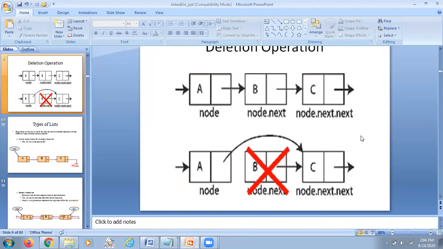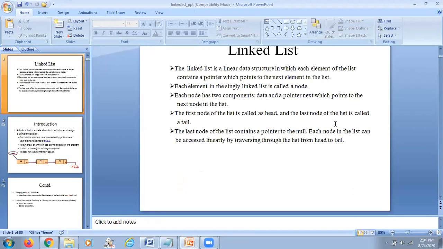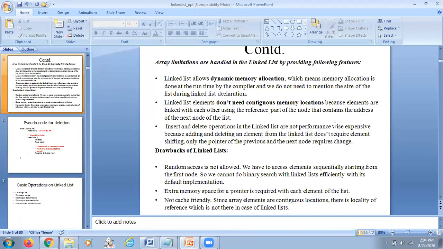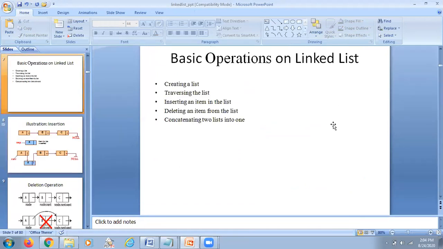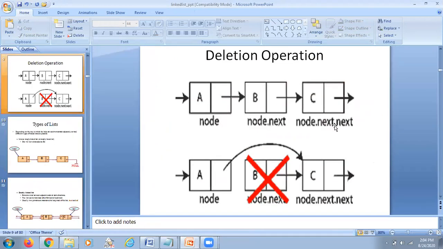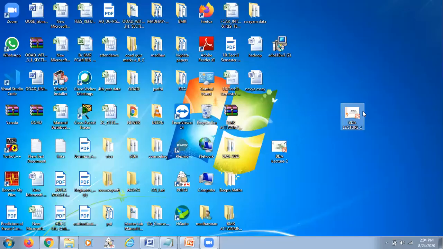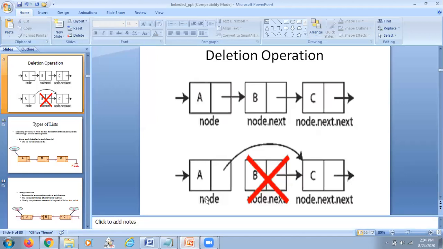Delete the element from the linked list. Here the constraint is that the element that was deleted will not be returned. Whatever node you want to delete from the linked list, you can delete it. That's it. That is the process.